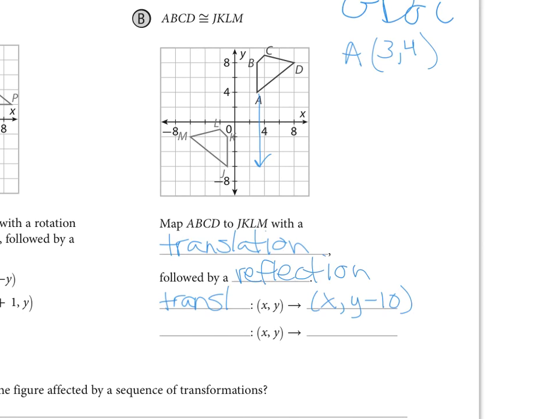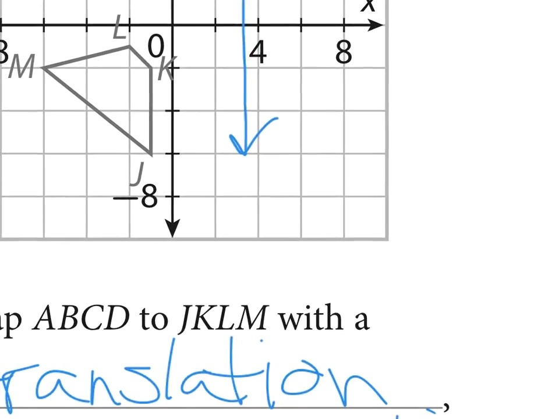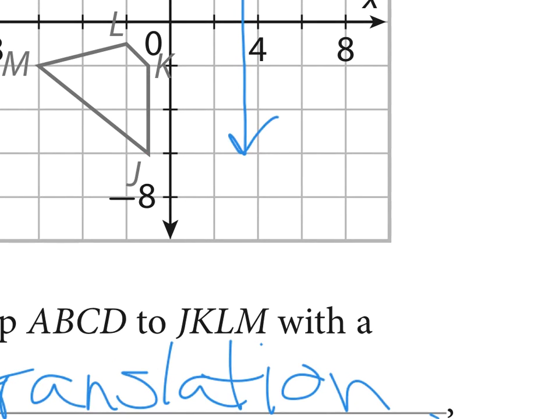So the reflection is going to be over, if we zoom in here, remember the line of reflection is at the midpoint. So if we want to find the midpoint of these 2 points, where J is and where A has slid down to, we can find the midpoint